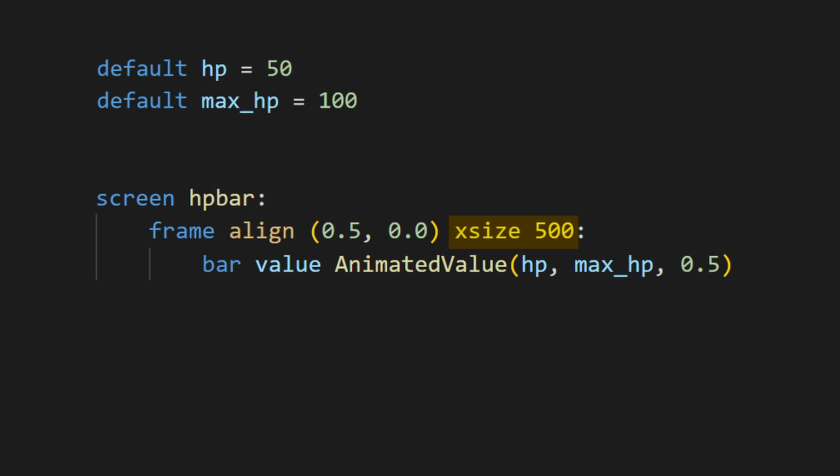And we're going to set it for X size 500. That just keeps the frame only 500 pixels wide. Otherwise, this bar could just take the whole width of the screen. For the bar, we're going to set the value. And the value is the thing that's going to be changing the actual width of the bar from the left